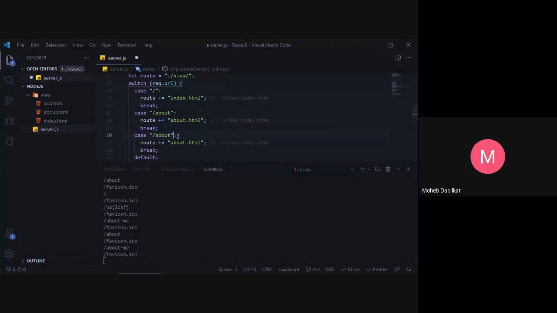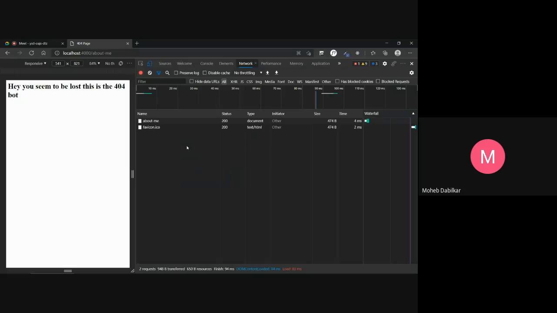So we can just add a case about me, and then route plus equals to about.html. We have not done status codes, so we will do that tomorrow, but this is how we work with it.